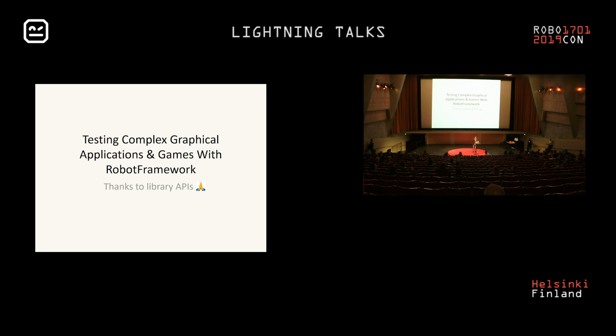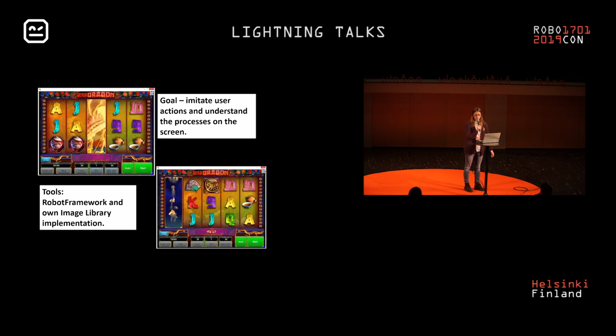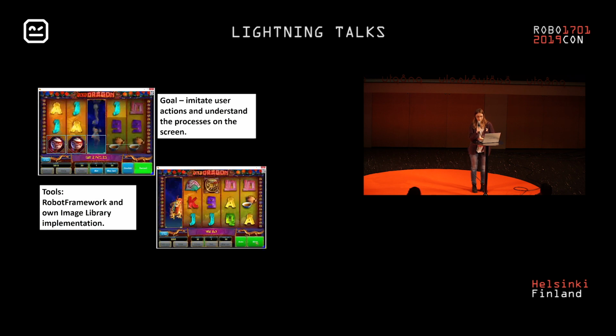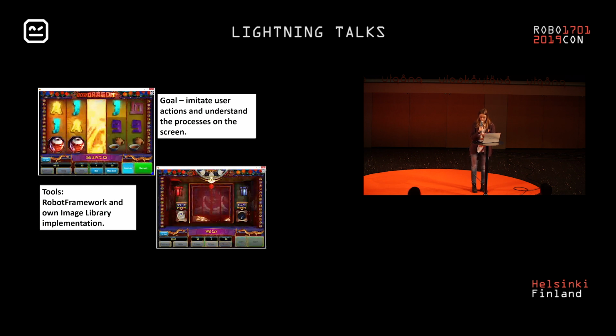But speaking about our desktop application, games, casino games, slots, we needed to implement our own image library. Because as you can see, we have to check it as a user. We have to imitate user actions and understand the processes on the screen like the player understands and sees it. We did not find what we needed in the ImageHorizon library